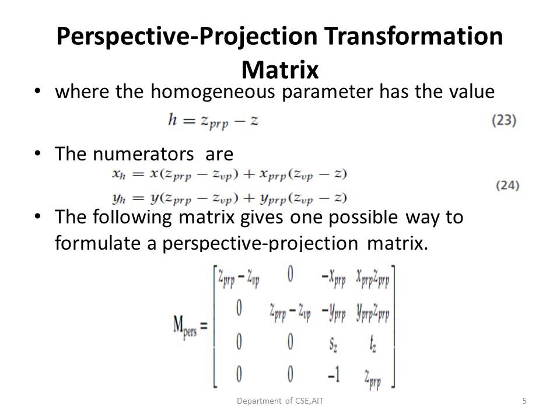The numerators, xh and yh, also depend upon the projection reference point on the z as well as on the viewing plane. So VP stands for viewing plane and PRP stands for the projection reference point. This is one way we can go about developing a perspective projection matrix. Here, by making use of the xh parameter, we have come up with the values for the first row, where we have the values for x, and in the second row we have the values for y.